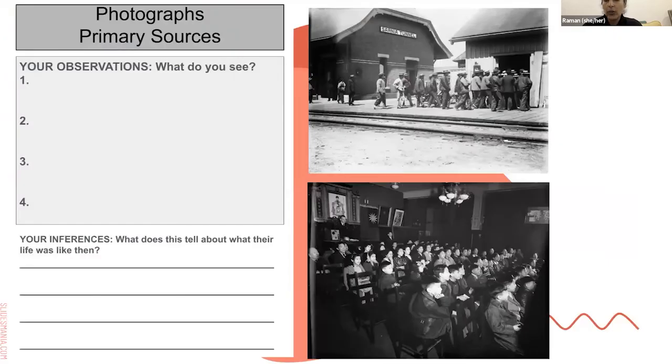And then other ways that I've used the same activity in slightly varied ways: this year I have a grade 6 and grade 8 mixed class. Last year I did this activity and used this graphic organizer, and I had grades 2 to 5 in my class, and we were looking at a settlers unit, and again looking at photographs, having the students write their observations. What did they see based on one of the photographs? And then what does this tell you about what their life was like then?